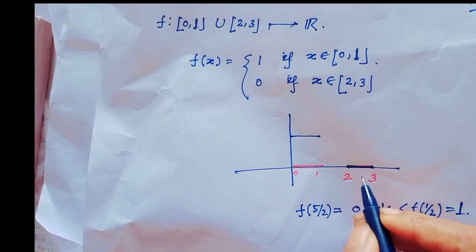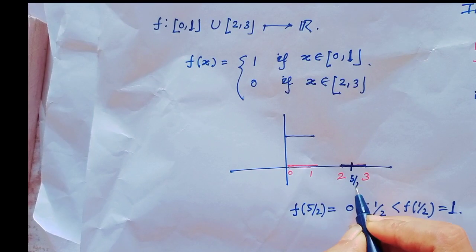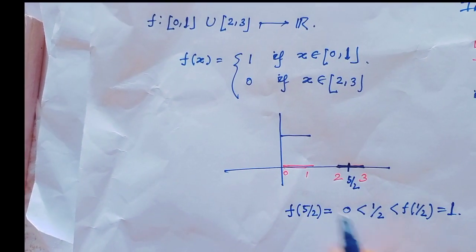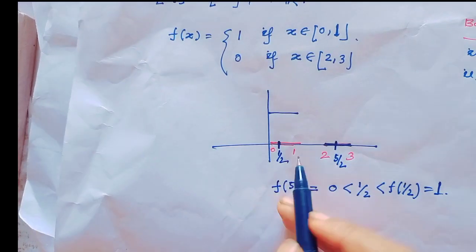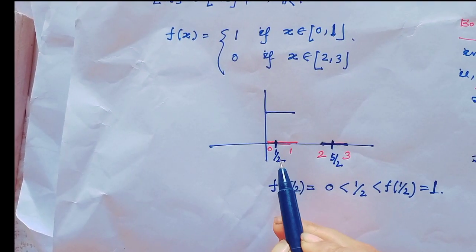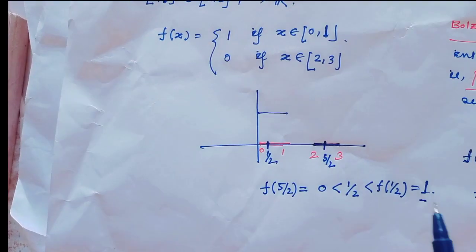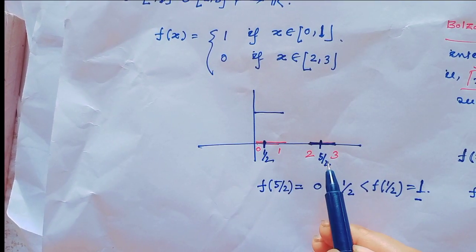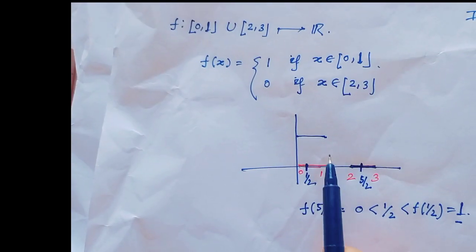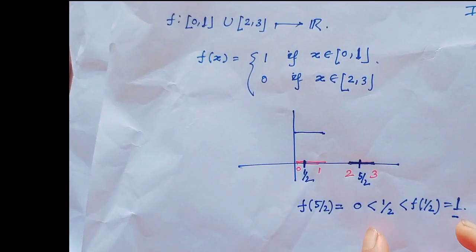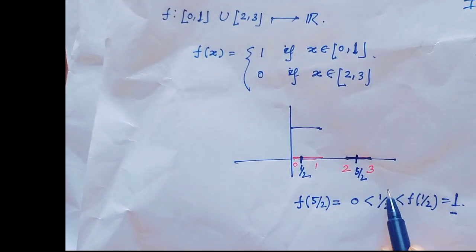If I consider 5 by 2, and the point half, then the value of f of half is 1, and the value of f of 5 by 2 is 0,